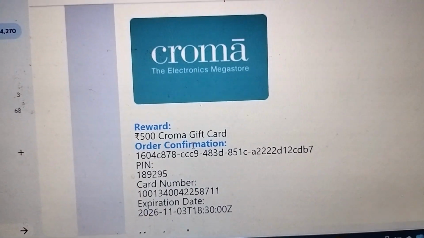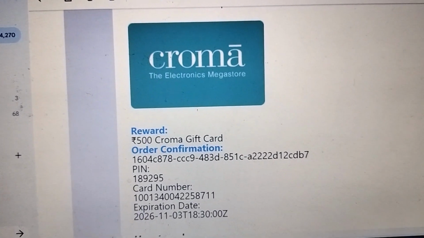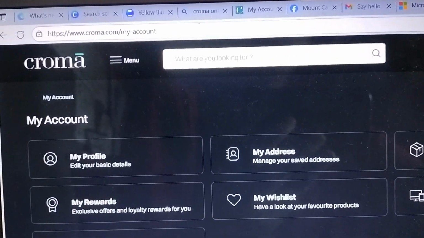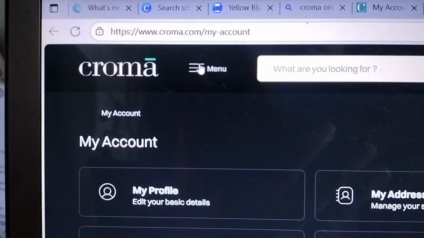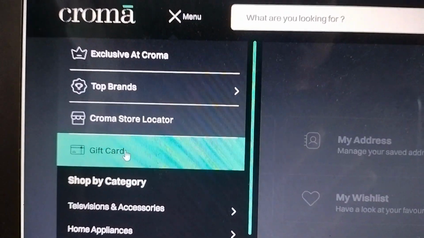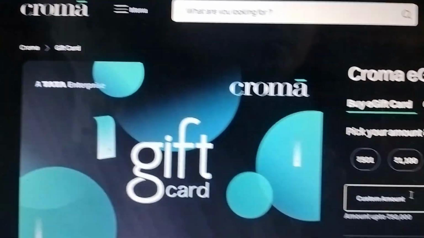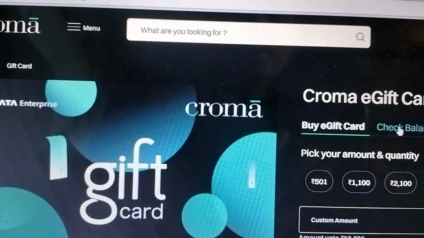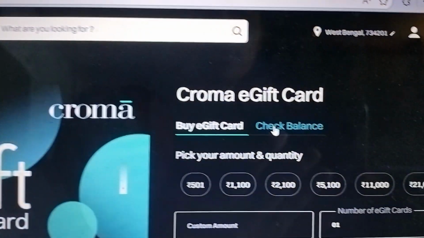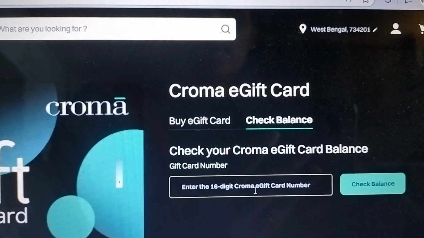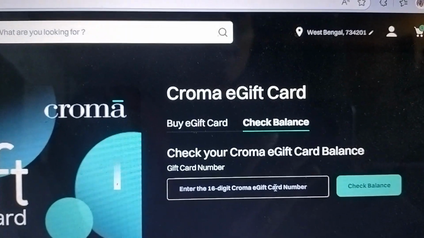So this is Croma. Go to the Croma website. After signing in with your email, go to this menu, and down you can see gift card. After clicking here, go here and check balance. Here you have to enter the 16 digit Croma e-gift card